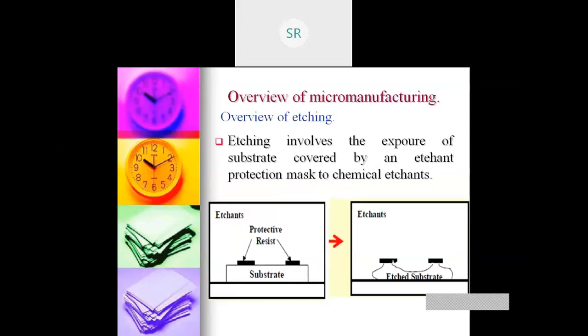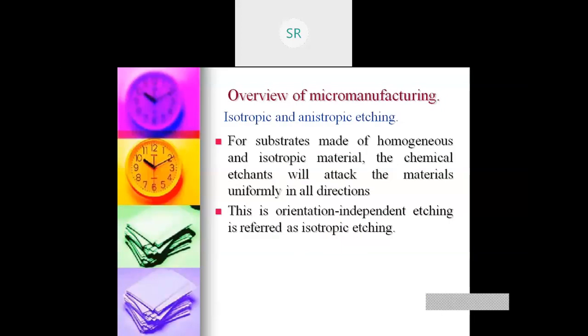We took the example of etching where I remove the substrate and maintain the desired part. So I need to mask this layer and put it in the chemical solution. The orientation independent etching is referred to as isotropic etching.